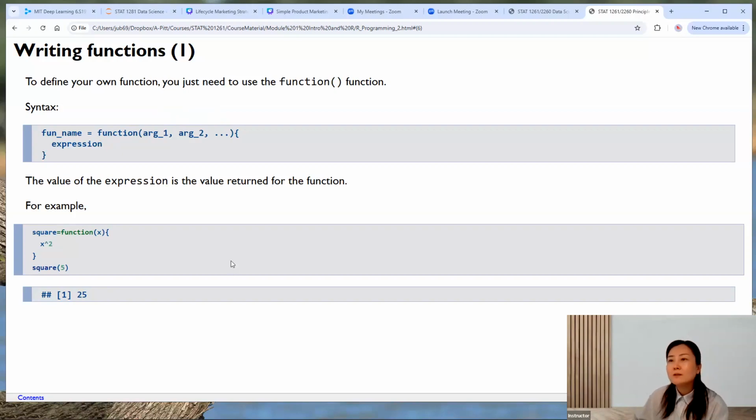For example, I want to create a function called square to calculate the square of the input. So I only require one input and will return x squared. So after I define the function square, I can immediately call it. You see, I call square and put 5 in it, I get the result. So self-defined functions can be defined and used right away. Just remember,